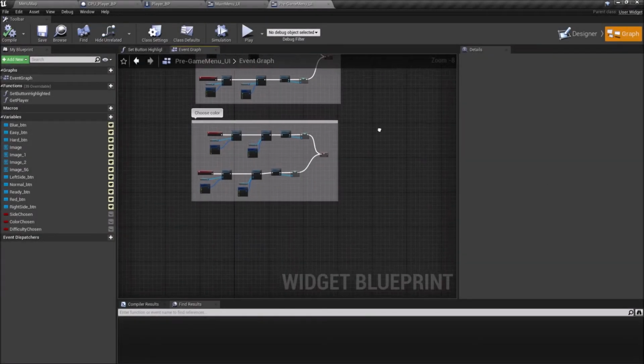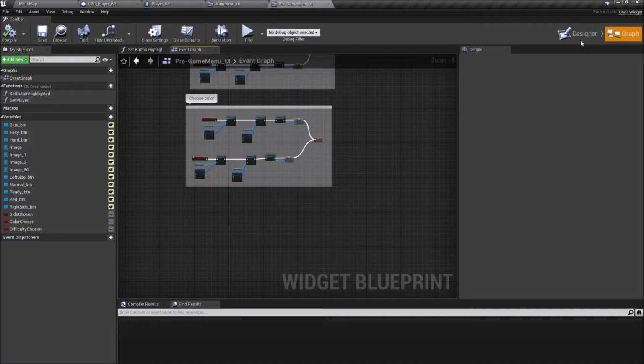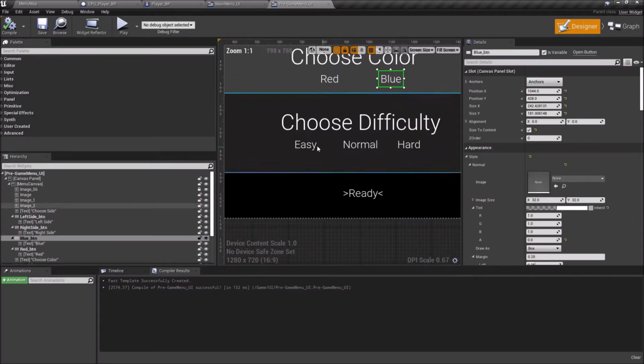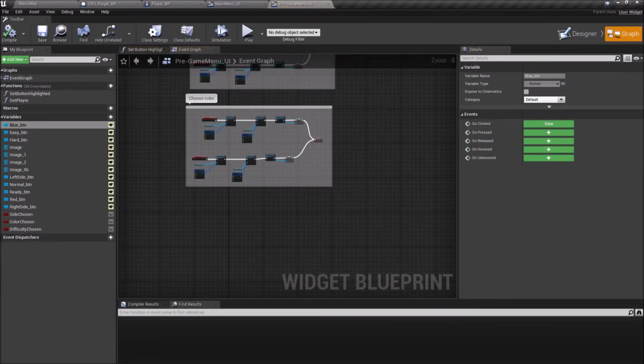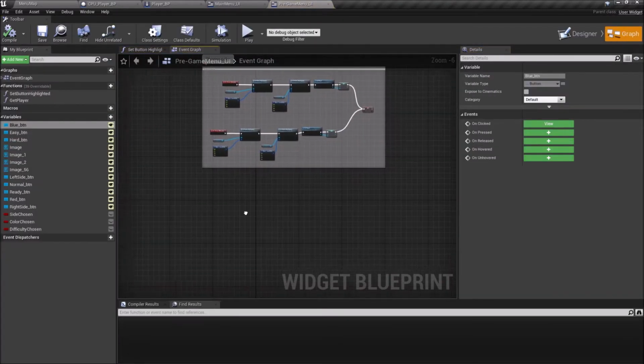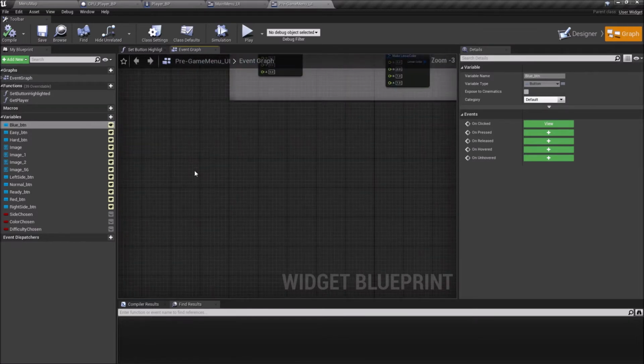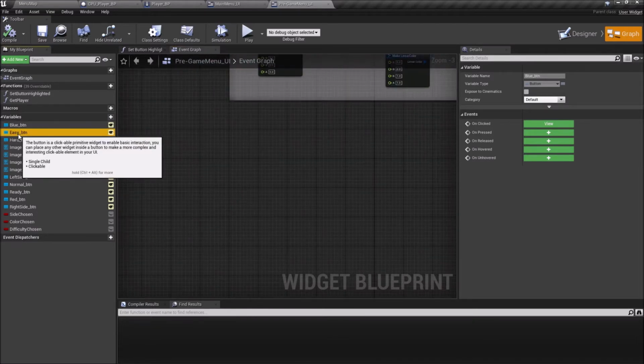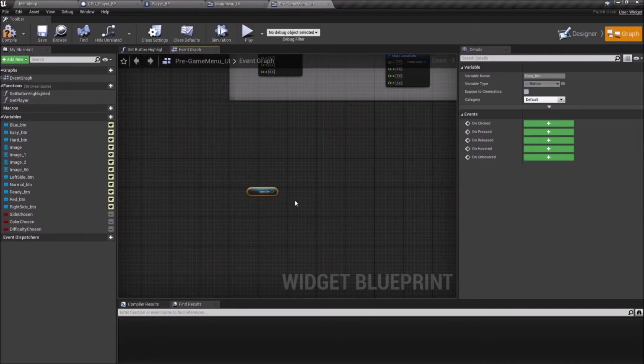Next, we're going to cover the logic for the difficulty for easy, normal, and hard. So let's go over that. So let's start with the easy button. So I'm going to grab that and drag it into the graph. And if we were to click on it,